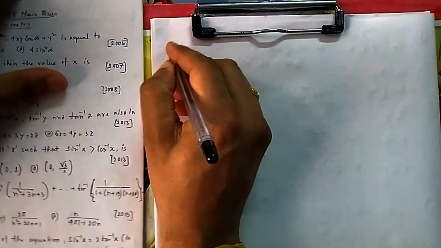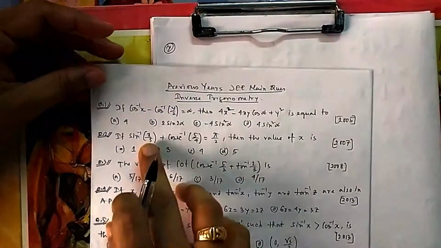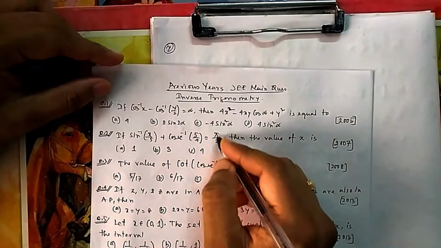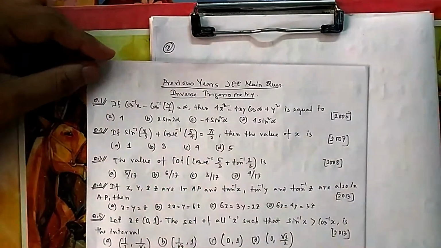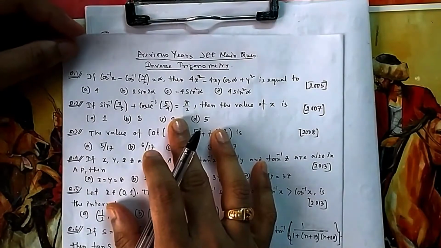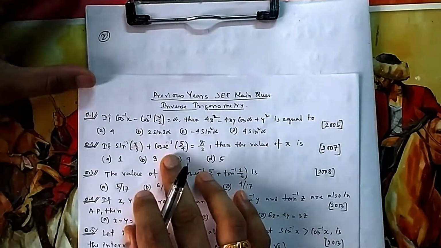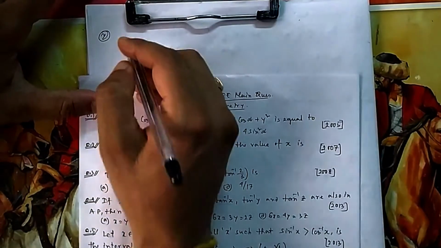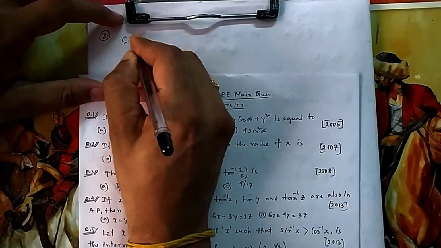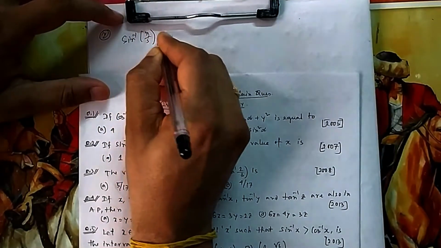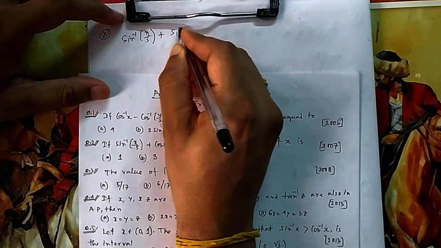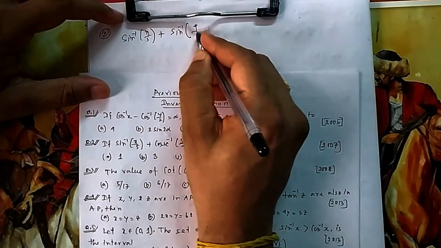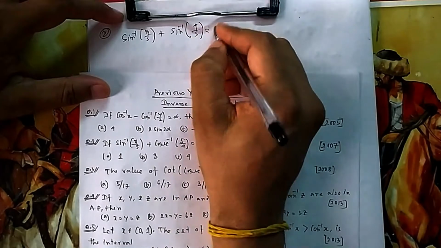If you see question number 2, so sin, this cosec, this equal to pi by 2. So if you see pi by 2, one temptation generally comes, because we can use that sin inverse x plus cos inverse x equal to pi by 2. So for that you need to change this one, cosec. So cosec we can change to sin easily. So if I change this cosec into sin, it will be sin inverse, then you can take the reciprocal, because it will be sin inverse 1 by x.